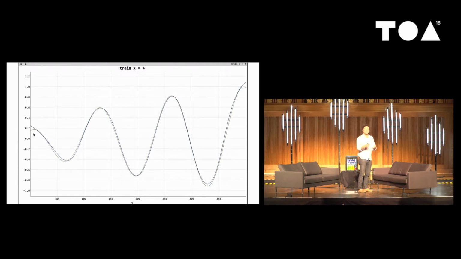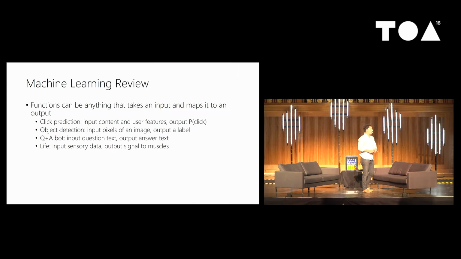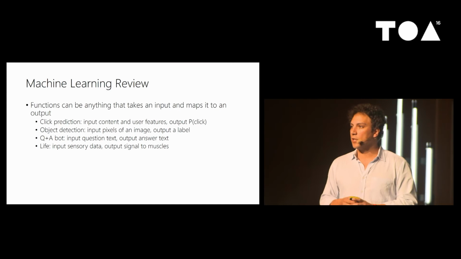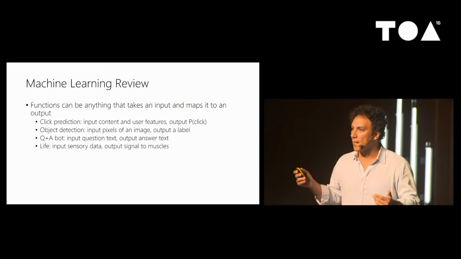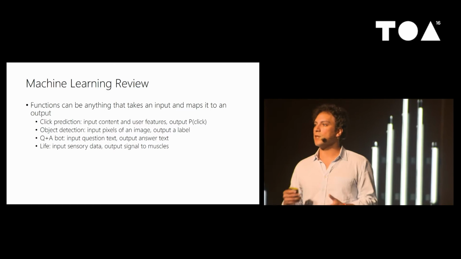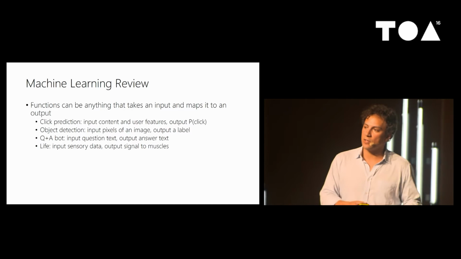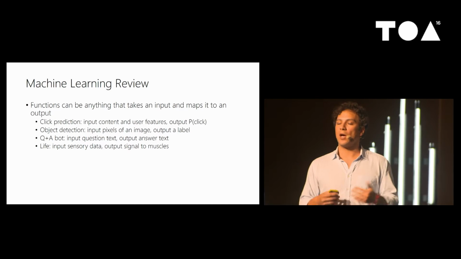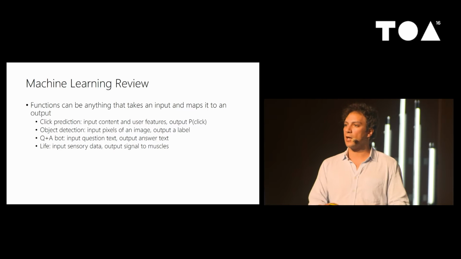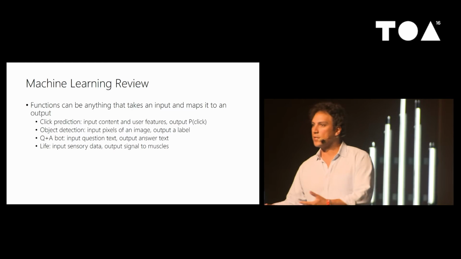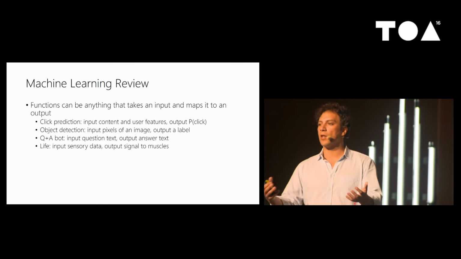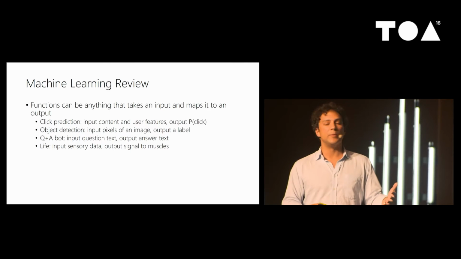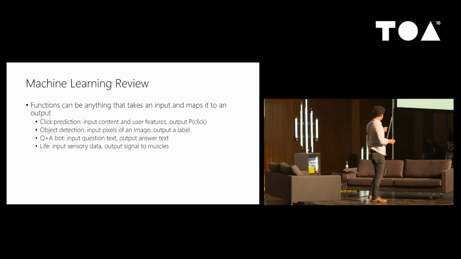We want to learn approximations of functions from data, which seems very abstract. But I want to point out that functions really can be anything, including things in the real world. For instance, you interact with everyday services like Facebook or Google. Behind the scenes there's a function that we are trying to compute that's predicting whether or not you're going to click on either an ad or a piece of newsfeed content. The inputs are all the things we know about you and what you like, et cetera, and the output is the probability that you click on that piece of content.